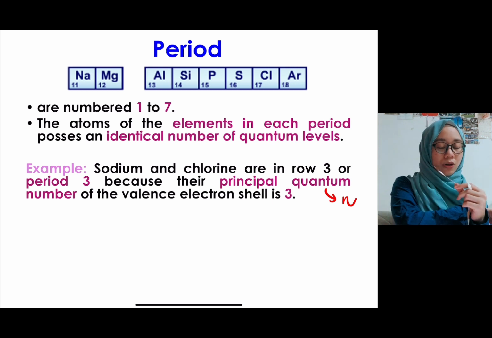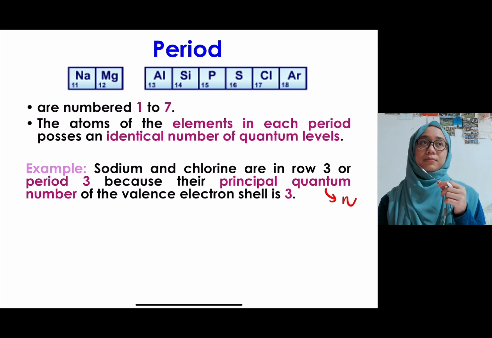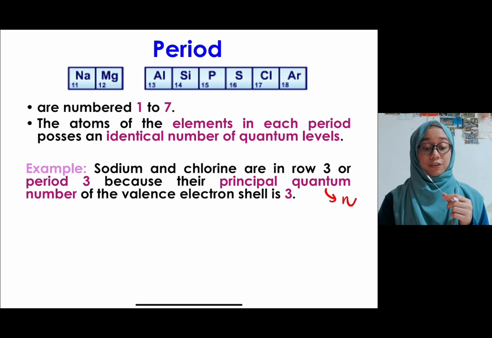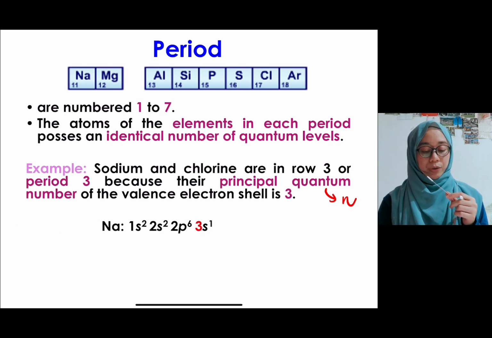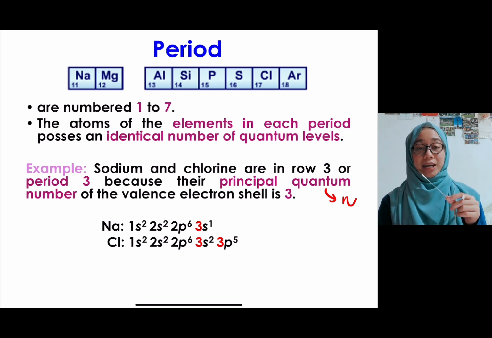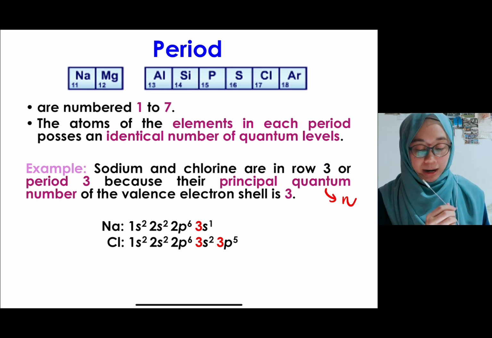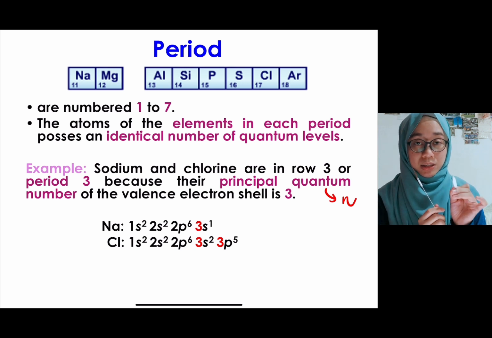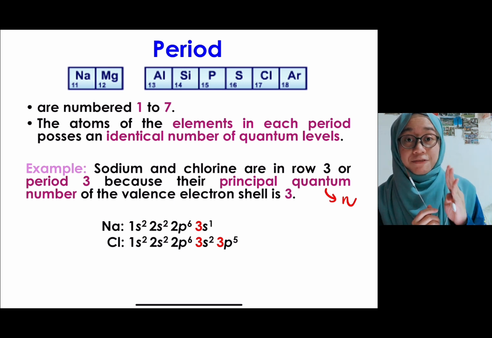So kalau kita tengok in terms of electronic configuration dia, sodium dia punya electronic configuration adalah 1s2, 2s2, 2p6, 3s1. Okay, so kalau Cl pula kita akan nampak 1s2, 2s2, 2p6, 3s2, 3p5. Okay, so bear in mind they are considered as period 3 because the principal quantum number yang bahagian valence shell